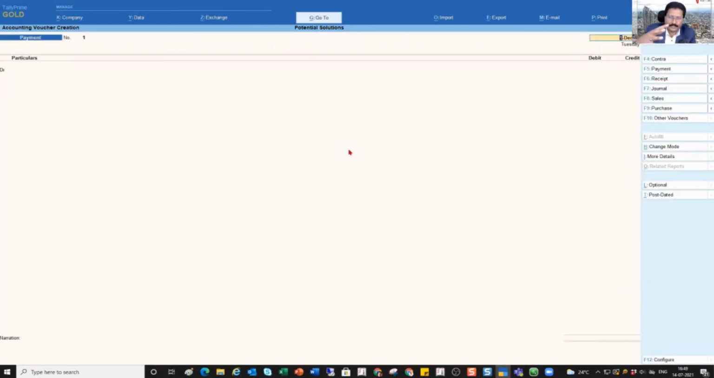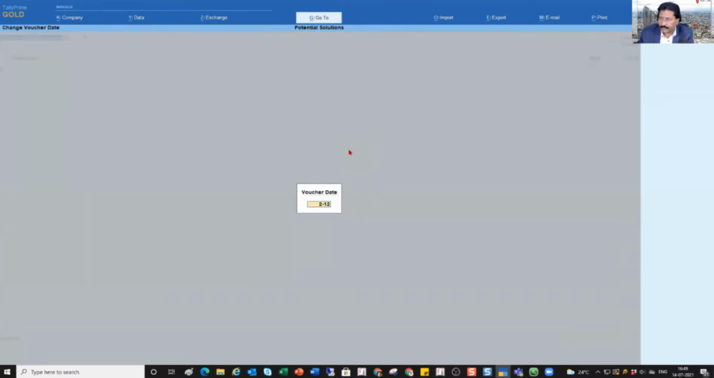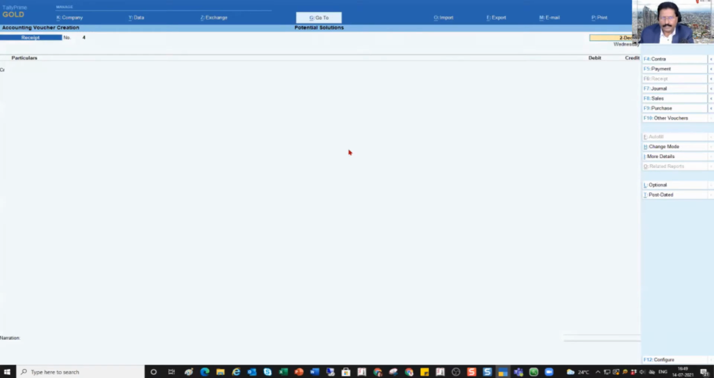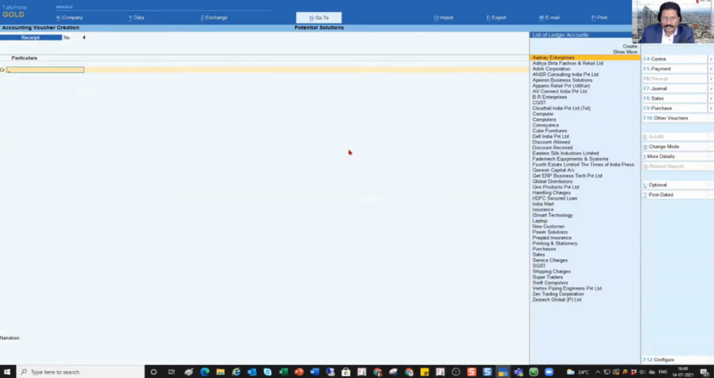It is taking me to the voucher entry screen. So my previously saved voucher is payment. So now I want to make a receipt voucher. So again, we know right hand side button bar, I press F6 receipt, and let us say I'm receiving this on 2nd December. All right. So enter. So I'm going to credit party